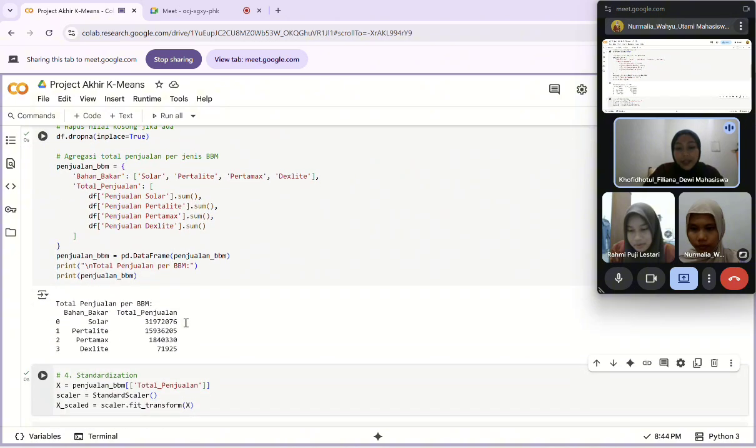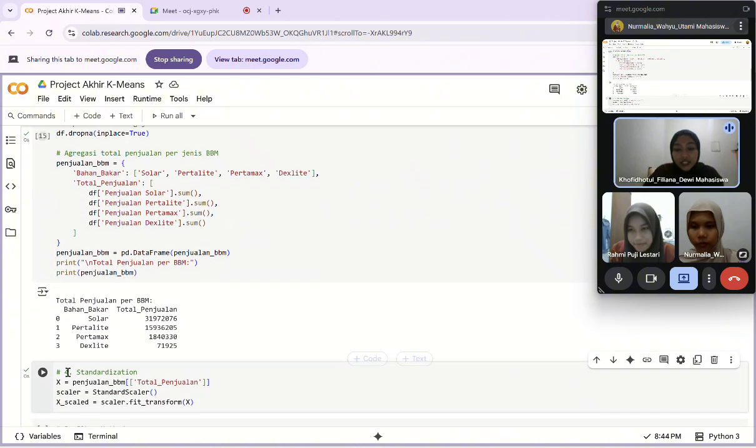The fourth step in data preparation is standardization, because the K-means algorithm is very sensitive to differences in scales between data. For example, if one feature has very large values compared to another, K-means may only focus on the larger one.